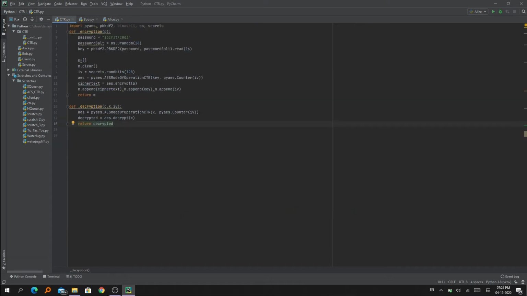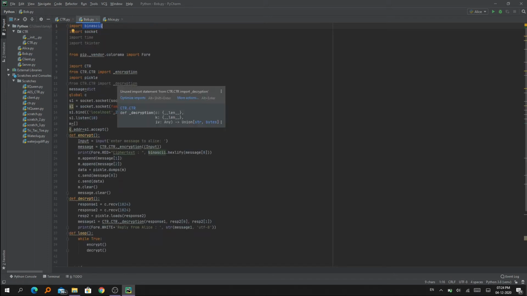And coming to the CTR AES encryption, over here we have libraries that are PyAES and PBKDF2. PBKDF2 is nothing but password based key derivation function 2, where 2 is the version. And over here, let us see how it works.